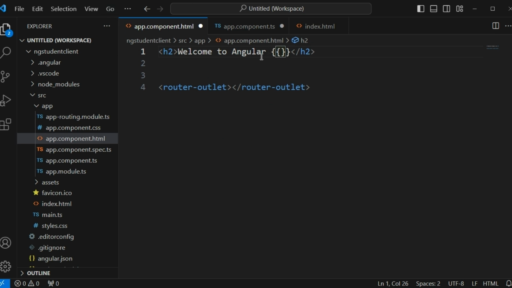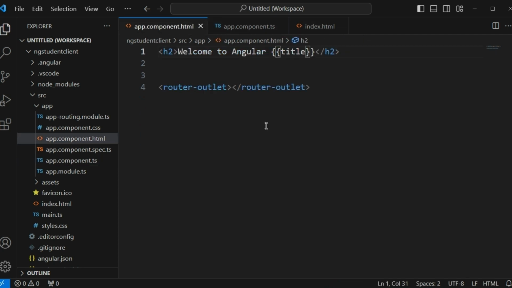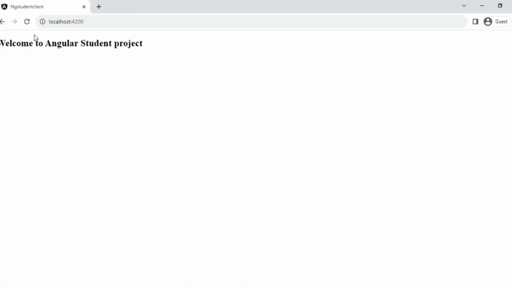Inside that, I am going to type title. Okay, now save the changes. Go to the browser. We are getting "welcome to Angular student project". This is how we can